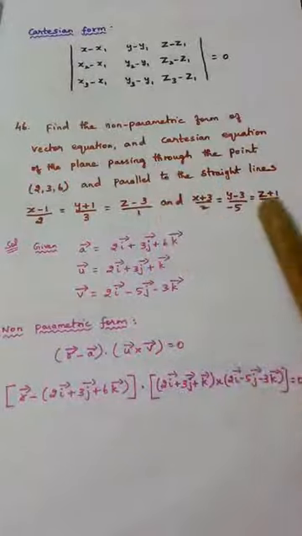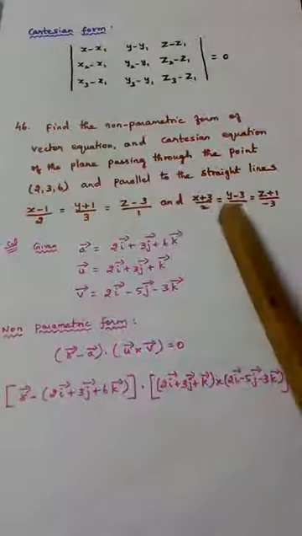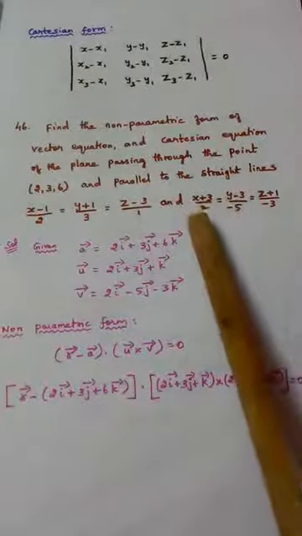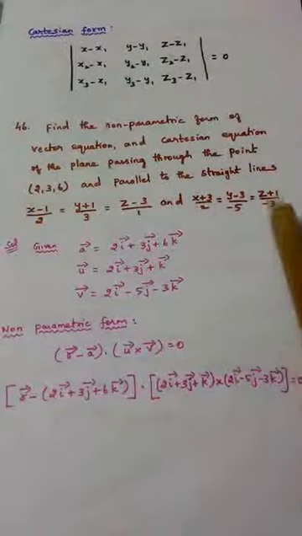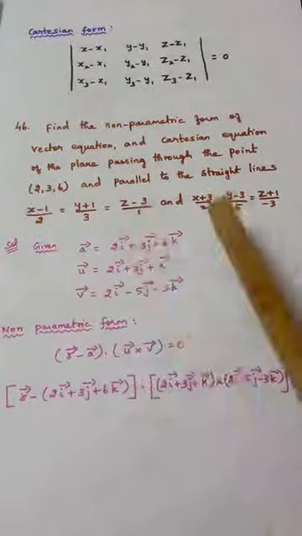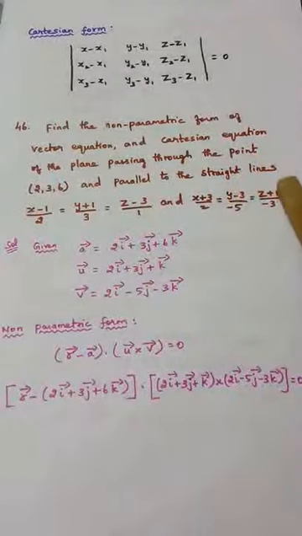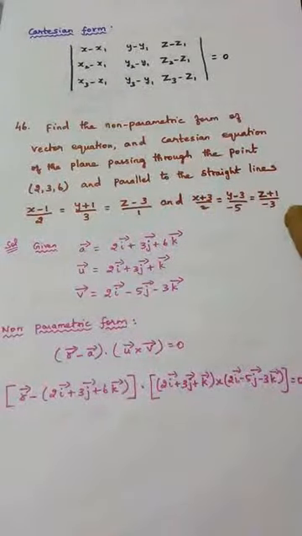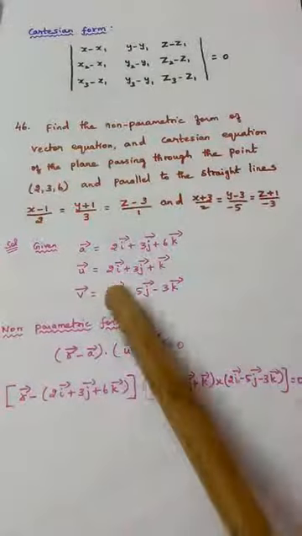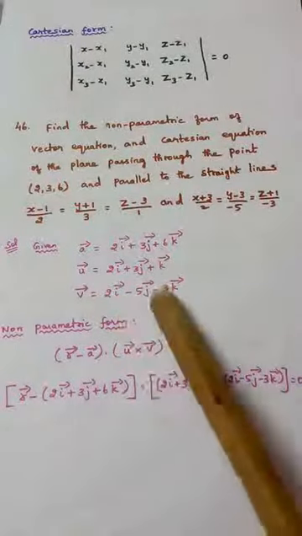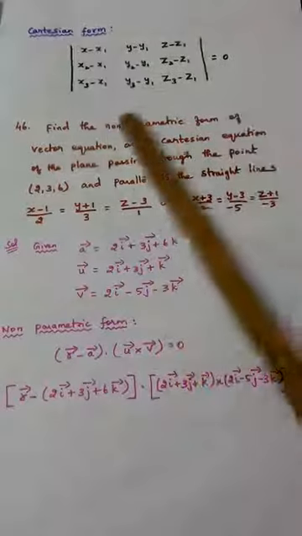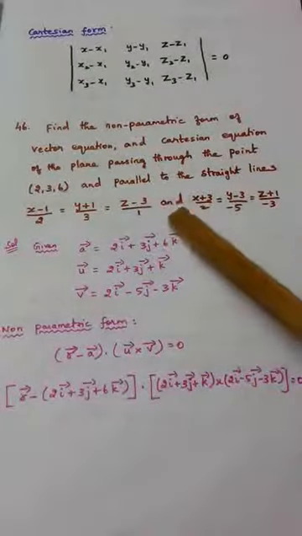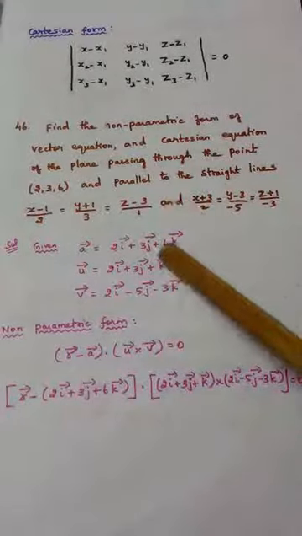Similarly, the second line is given, now parallel to this second line. So from the second line, from the denominator, I can take the v vector. I cannot take numbers from the numerator for the parallel vector. Only I should take from the denominator. v is equal to 2i minus 5j minus 3k. So from the given question we have written clearly what is given: a vector, u vector, v vector.